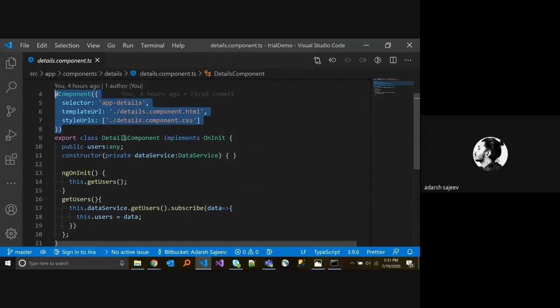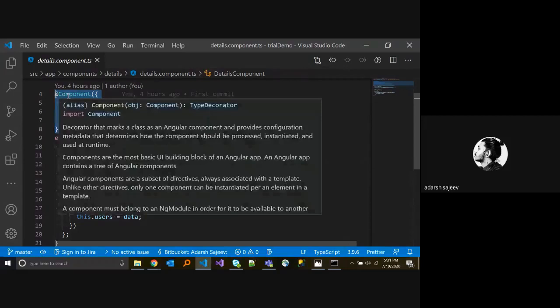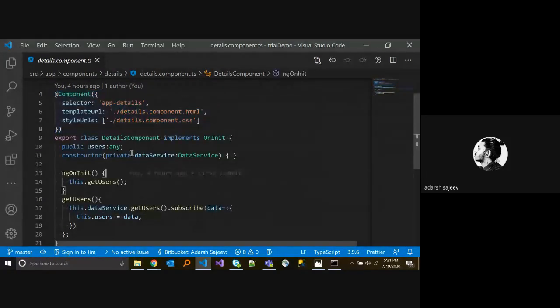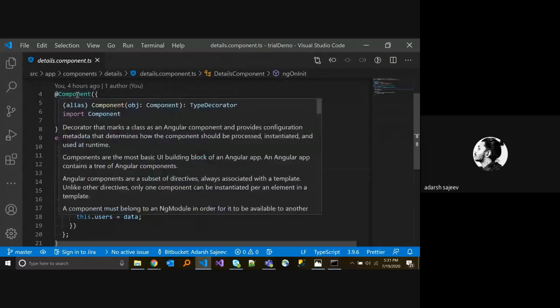So whenever we are calling a details component, it will check its directive. This directive says it's a component, and you can see here something like when the component says this is a